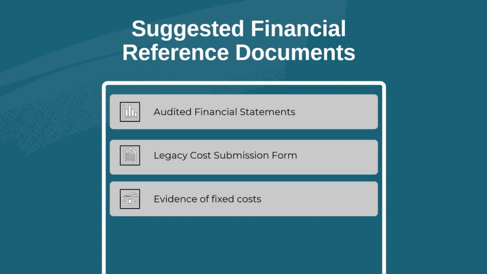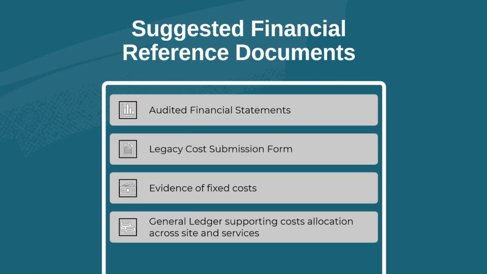The Legacy Cost Calculator submissions will be verified against 2023 audited financial statements at a site level. Multi-site providers will need to divide costs to each site and ensure that the total of all their sites is in line with the total expenses reported on their audited financial statements. Providers who offer more services than childcare will be required to submit 2023 expense reports from their accounting system, as their audited financial statements will not show childcare expenses in isolation. Providers will also need to submit evidence of fixed costs for 2025 when applicable.